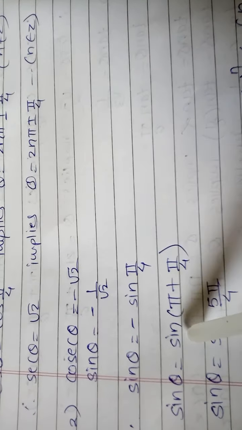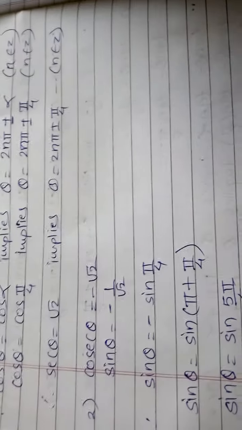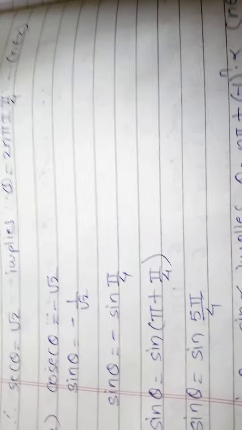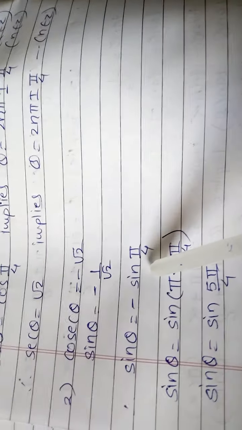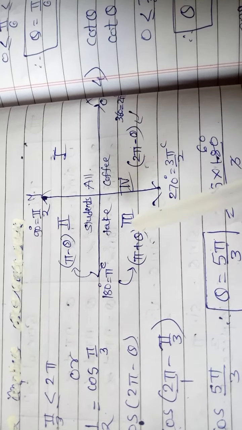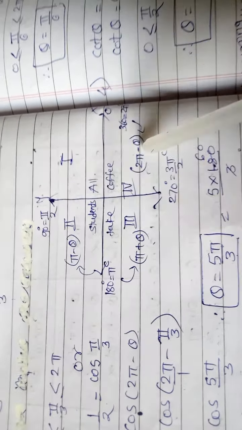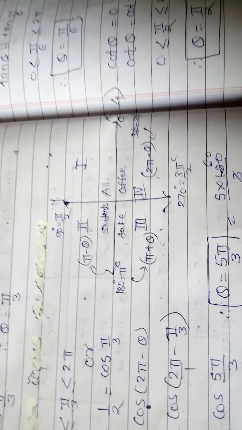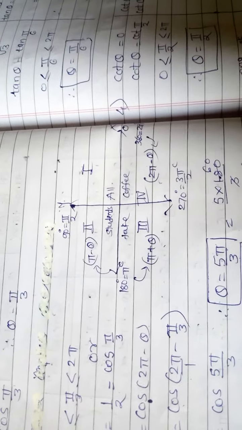So we get sin theta is equal to sin. See here again the value of sin, which is negative. The negative value of sin we find in which quadrant? So see the figure again. In first and second quadrant sin is positive, but in third and fourth quadrant it is negative. Now in this type of examples we have to take the third quadrant and the fourth quadrant, where sin has negative value, but the quadrant which comes first, that is third, we have to take this one only. We are not taking the fourth quadrant.